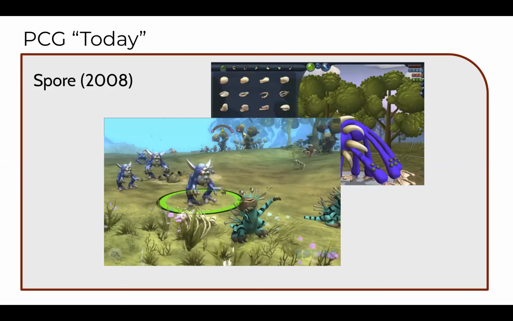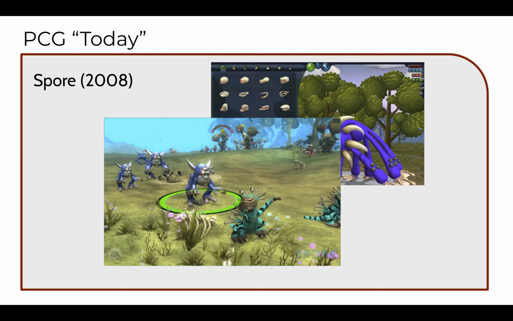And then moving on to the 21st century, there was a resurgence of interest in procedural content generation created by the game Spore, spearheaded by Will Wright, who made the Sims games at EA. There've been a few iterations on this theme since then, but I think this was one of the first that really had this ambitious goal of trying to generate an entire universe. Let's make planets that you can fly between with spaceships and land on,